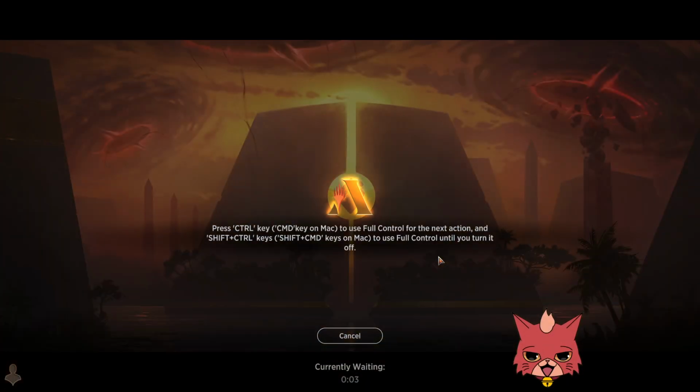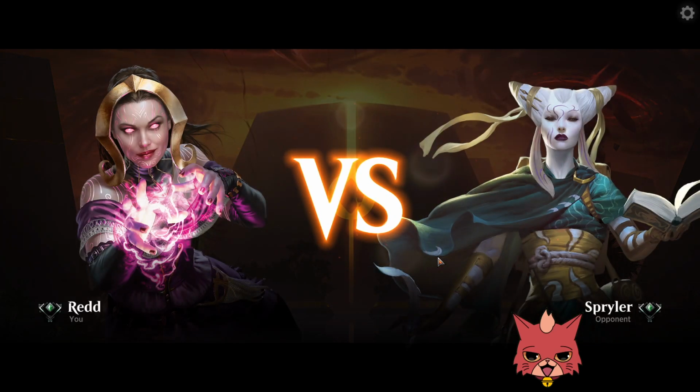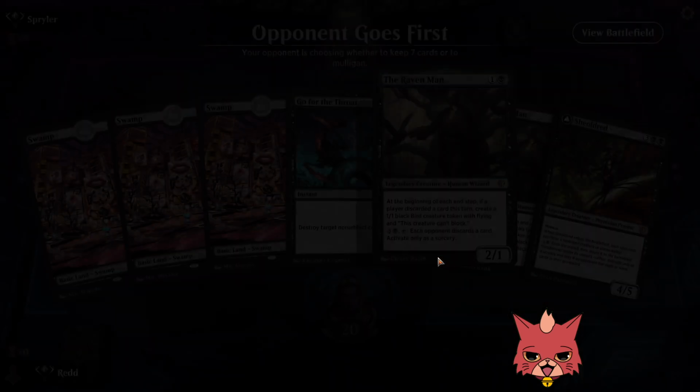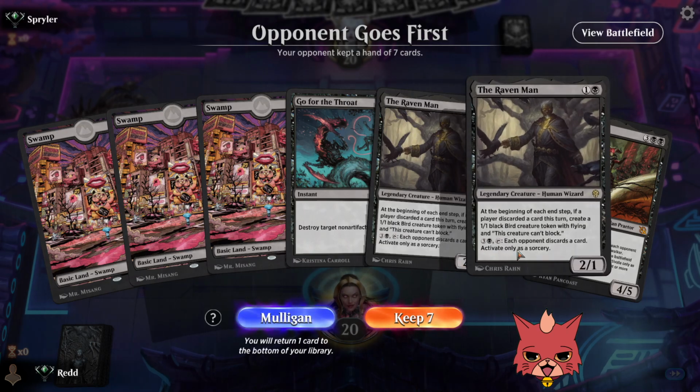All right, what am I expecting from the list here? Yeah, I guess we can't expect too much, but I'll tell you what, if anything can pull off jank, it's gotta be mono black, right? It's gotta be. I mean, that's not true. We played some janky Grixis builds the last couple weeks that did a lot, so...